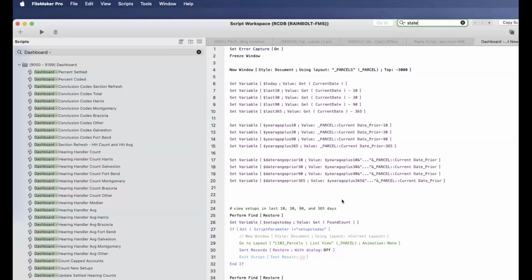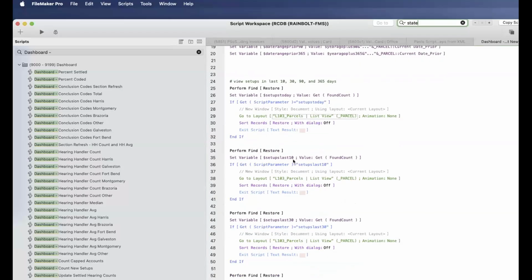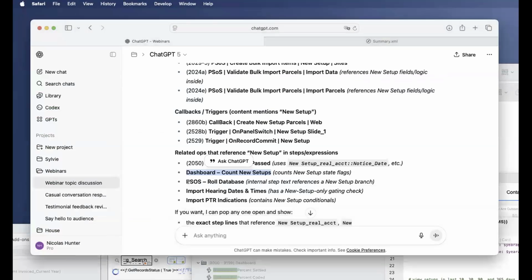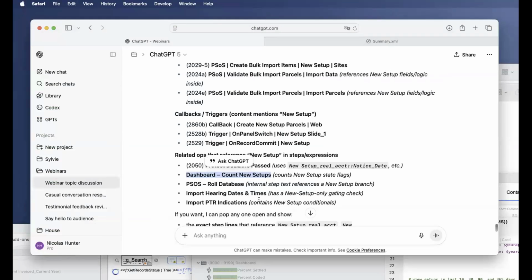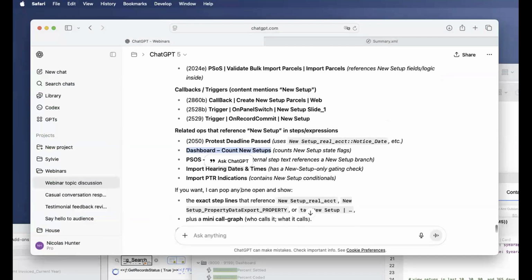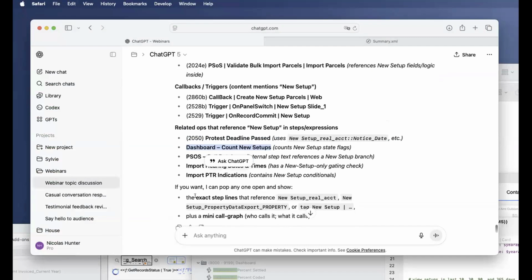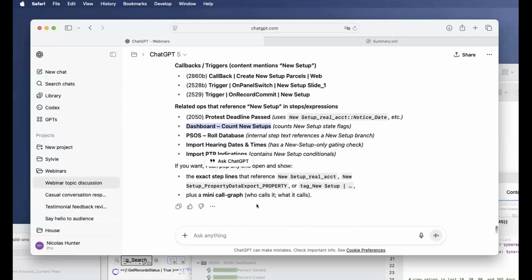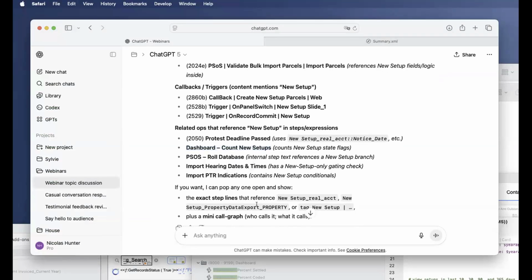I know somewhere here it's counting, and in this one, roll the same, internal steps text reference the new setup branch. This one has a new setup only gating check and import PTR indication. If you want, I can pop any of them open and show this exact line. Can you imagine what he can do?